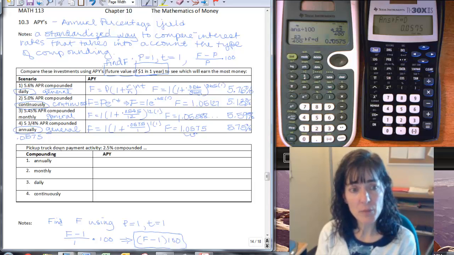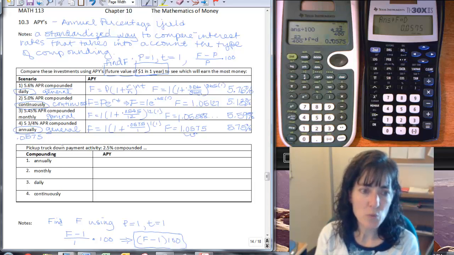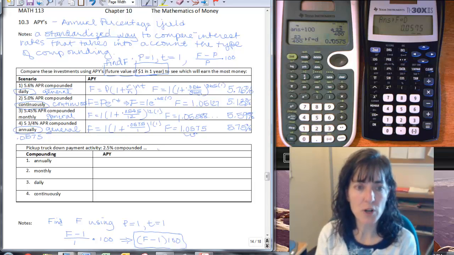So for our pickup truck down payment activity, remember we had 2.5% compounded annually, monthly, daily, and continuously, and we wanted to compare all of those APYs. So let's take a look. It's the same interest rate, 4 different accounts, and we don't even need to remember how much the down payment was for the pickup truck, because remember, we're always going to use P equals 1 and T equals 1